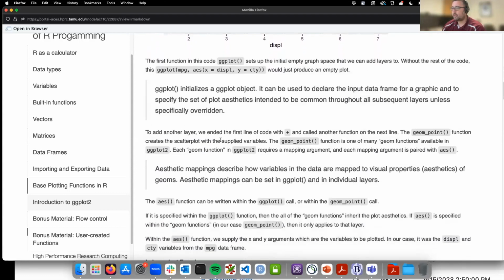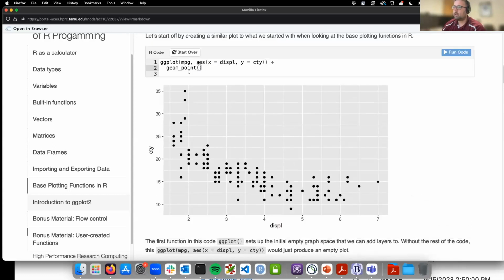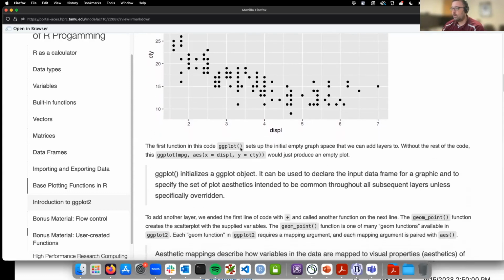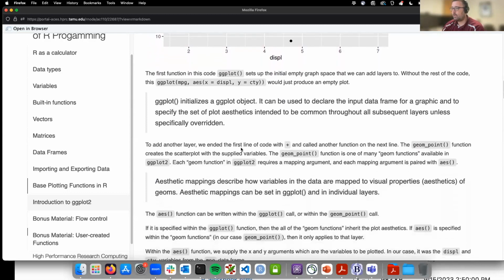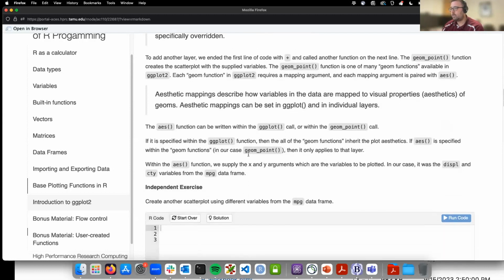I think I covered, oh, so there are... geom point is called a geom function, and there are a lot of different ones of these. You can look them up. We'll be working mostly with geom point today for scatter plots. There are different mapping arguments for each one, but they'll take arguments from the